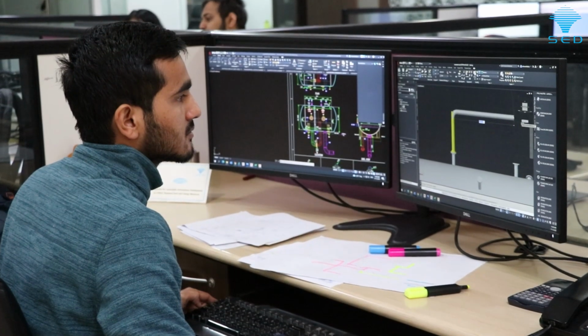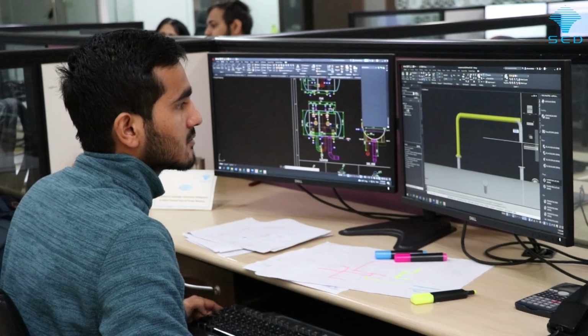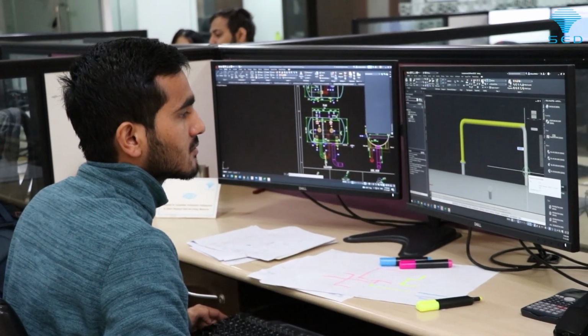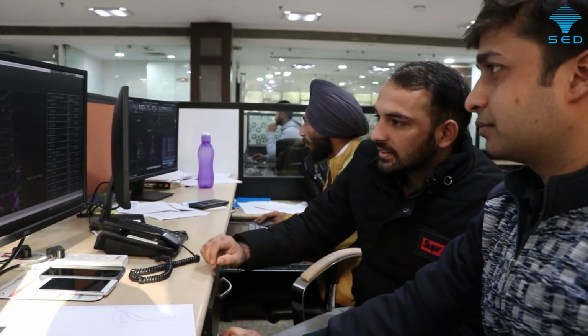In meantime, we receive the PNID from the process department. According to PID, we start working on its piping and structure layouting in 3D that we do in the plant 3D right now. So after completing the structure and piping work, we discuss that project with the process department, automation department and our project department to minimize the problems that we can face in erection or commissioning. So after approval from those departments, we release the structure drawings, erection drawings and piping drawings.